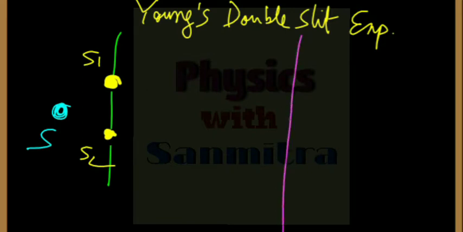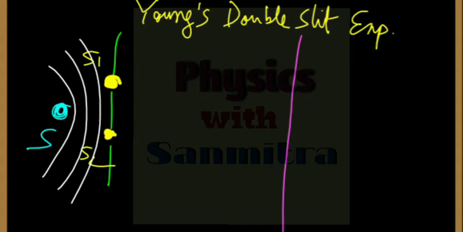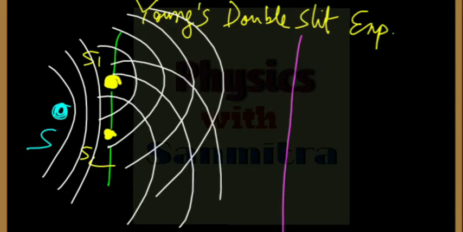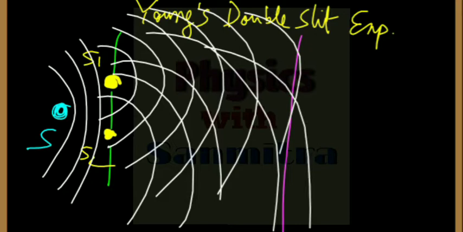Now just observe the waveform, the wavelet. From S these wavelets will come. These are primary wavelets, and these primary wavelets from S1 and S2, these are not sources, these are the virtual sources. These will actually form secondary wavelets. These are the source formed by S1 and these are formed by S2. Now these will interfere and produce